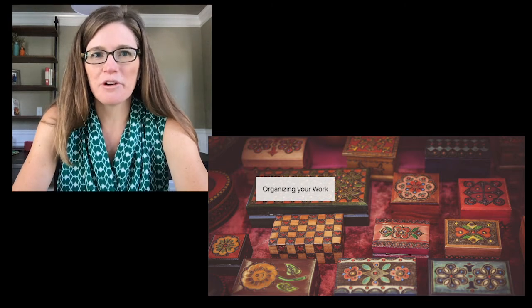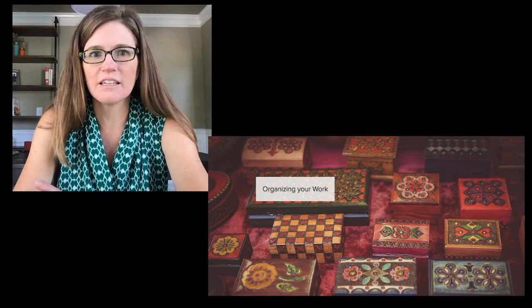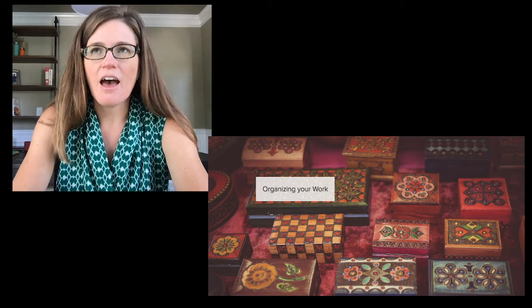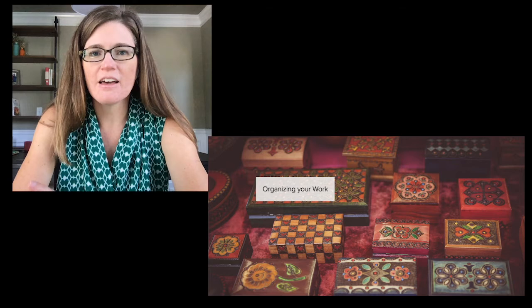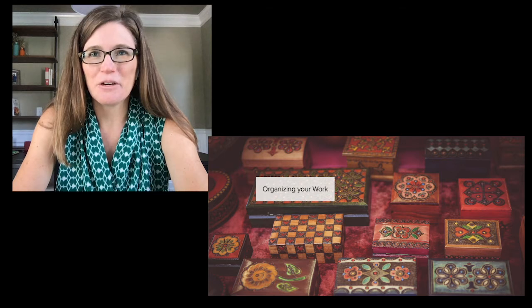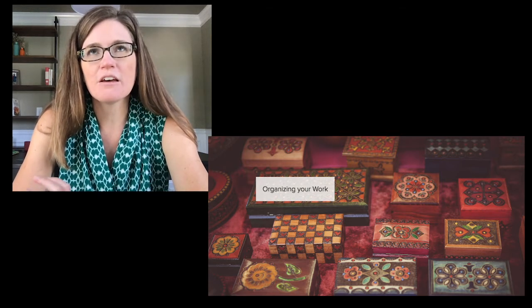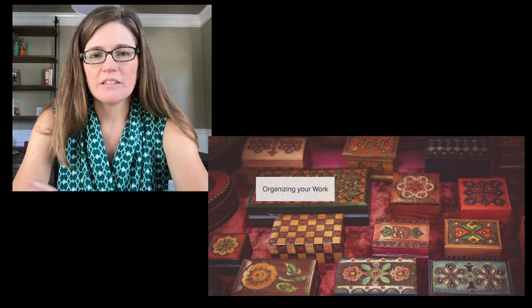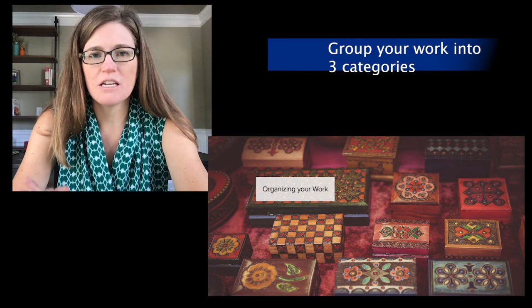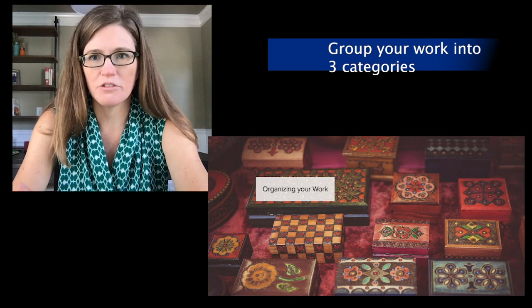Let's think about, how do we organize all this? Once you've got like a whole list of sources, a whole bunch of different articles to pull from, how do you go about organizing it? I think 3 is a magic number. 3 is going to come up a lot in this class. It's a really good way to organize a lit review. So think about your topic in terms of thirds. What I mean by that is, aim for 3 topics to summarize about your work.